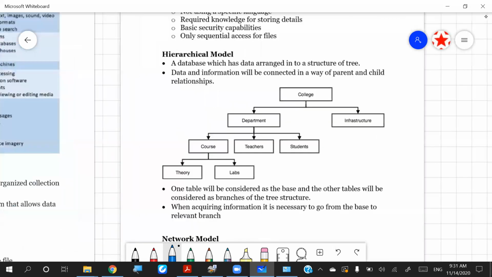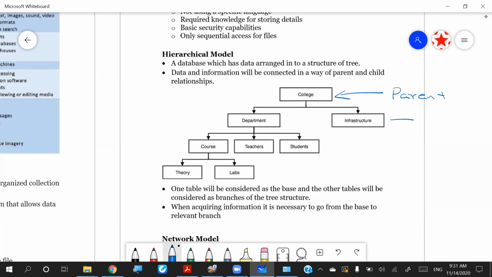Now, this hierarchical model is something like a tree. And it is maintaining a relationship called parent and child, right? So there are many parents, and according to that, they will have children. So in this diagram, college can be considered as a parent, and these are the children of the college,